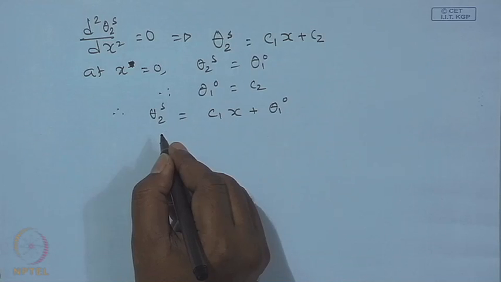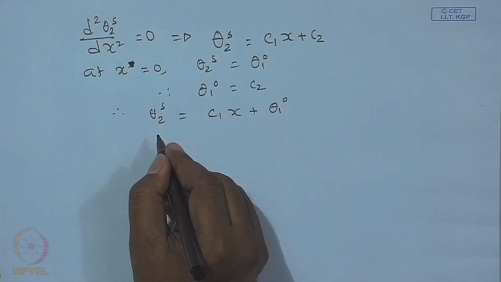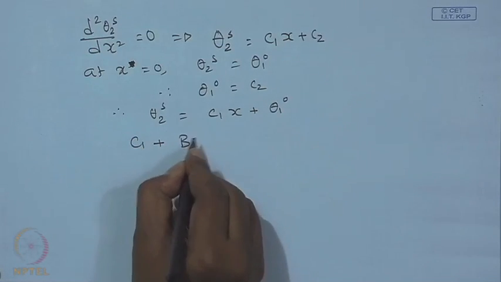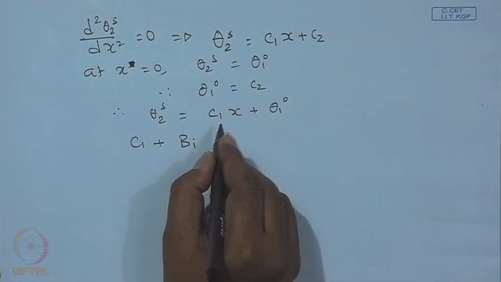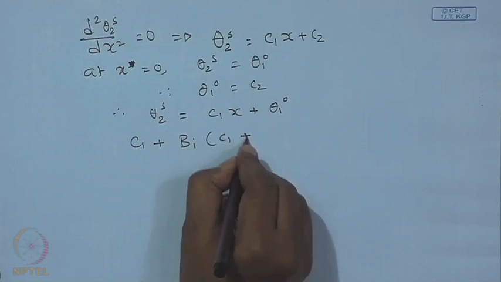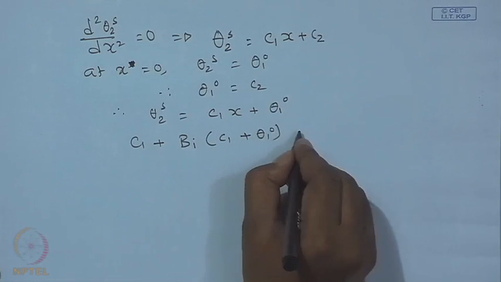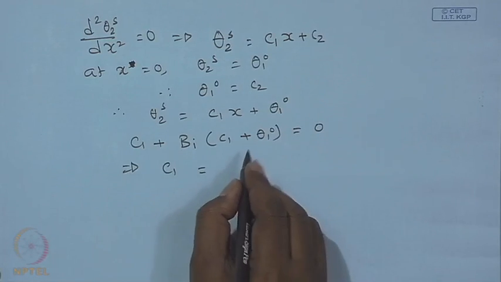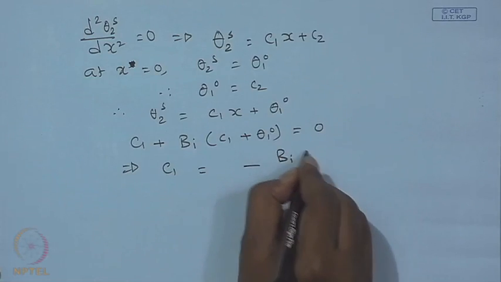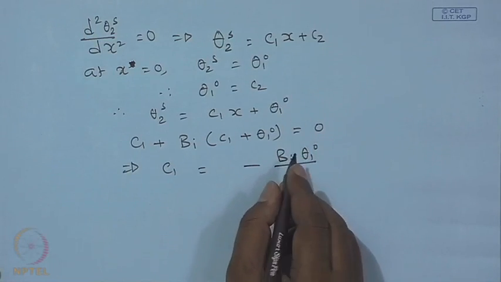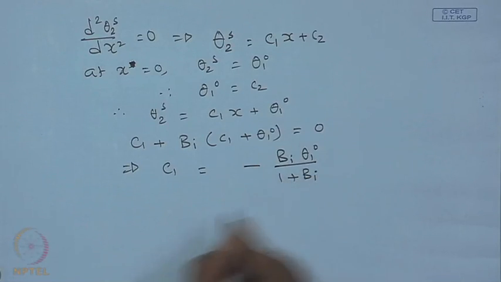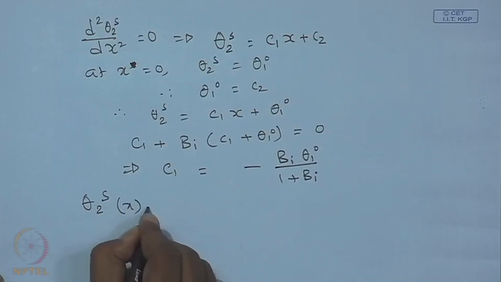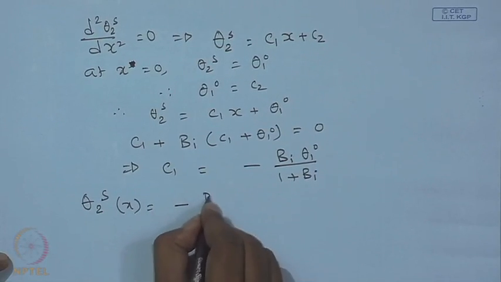Now, we use the other boundary condition at x star is equal to 1. d theta 2 s dx is nothing but c 1 plus Bi theta 2 s evaluated at x star is equal to 1. So, this is equal to c 1 plus theta 1 0 is equal to 0. So, therefore, c 1 can be written as minus Biot theta 1 0 divided by 1 plus Biot number. So, you will be having the solution of the steady state part as minus Bi